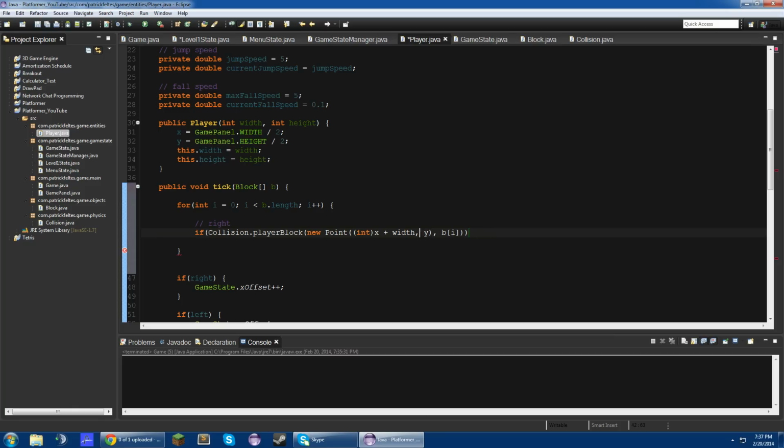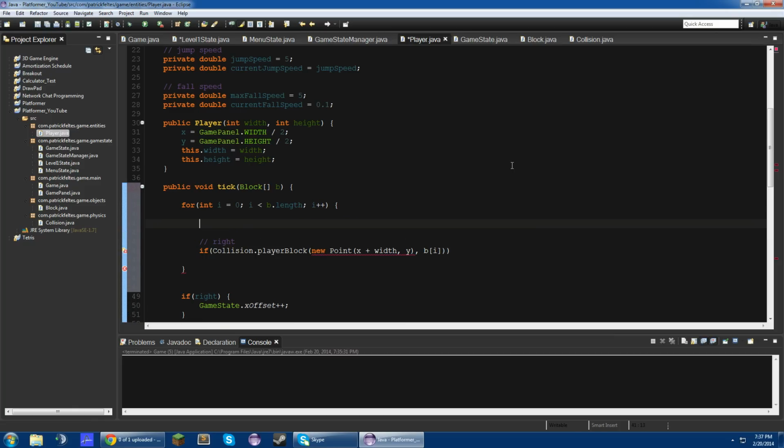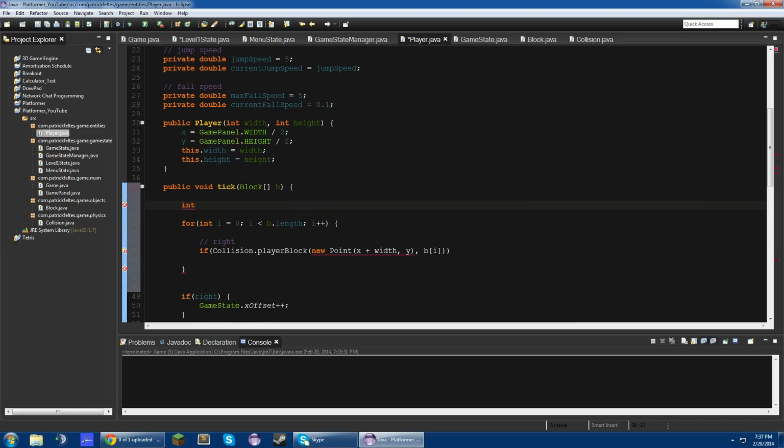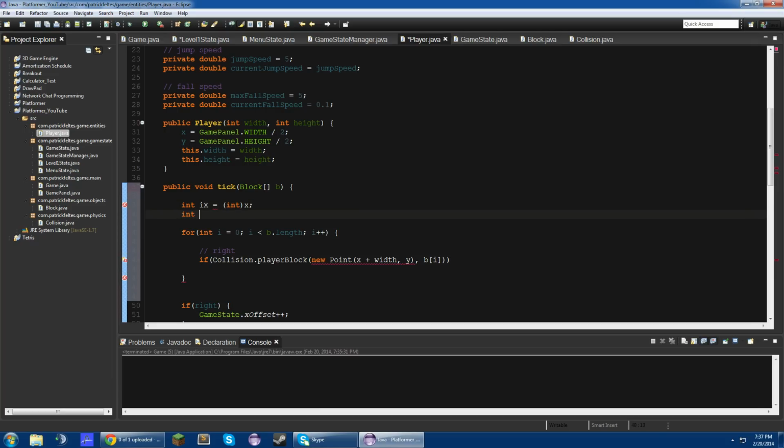You know what we'll do? In here, I'll just say int ix equals int x, int iy equals int y. Okay, so we'll just use ix and iy for this. Alright, so if collision between those,